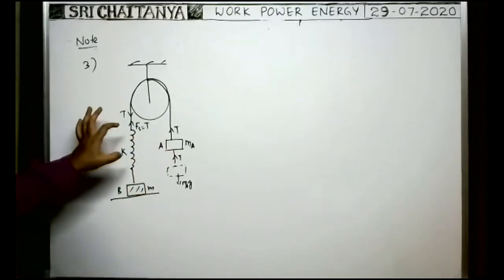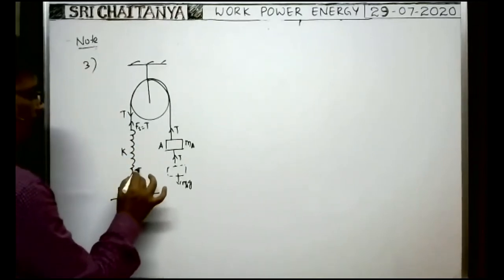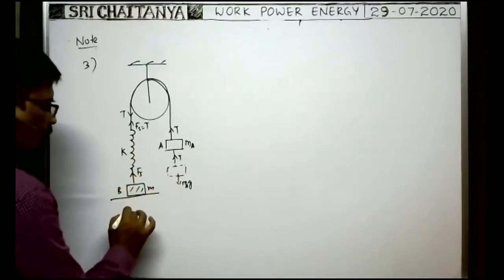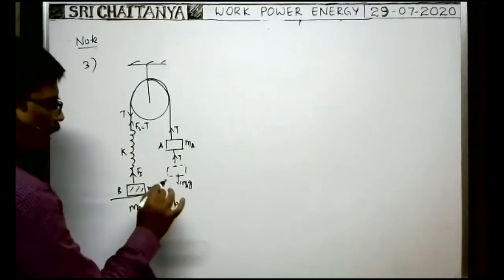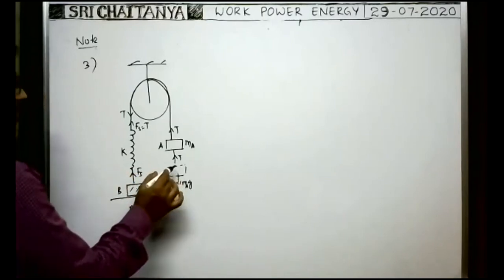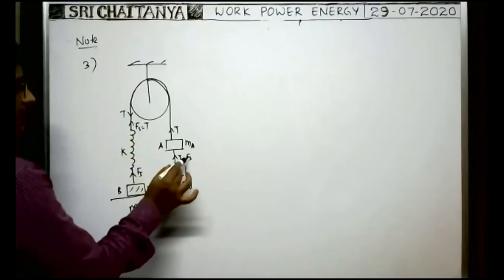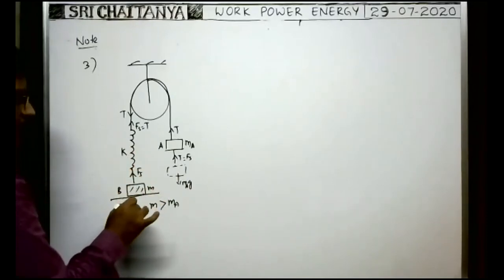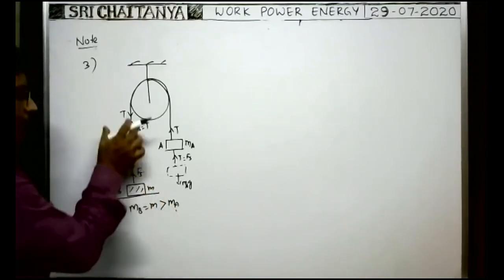Here, the same tension is developed in the spring as the spring force, and the spring force acts on the block in the upward direction. The spring force developed only pulls the block upward. As the mass of block B, which is M, is greater than the mass of block A, whenever the block is under equilibrium, tension is equal to spring force. That is equal to Ma g. So Fs is equal to Ma g. That Ma g is less than Mg because M is greater than Ma. That's why the spring force is not sufficient to pull the block upwards.